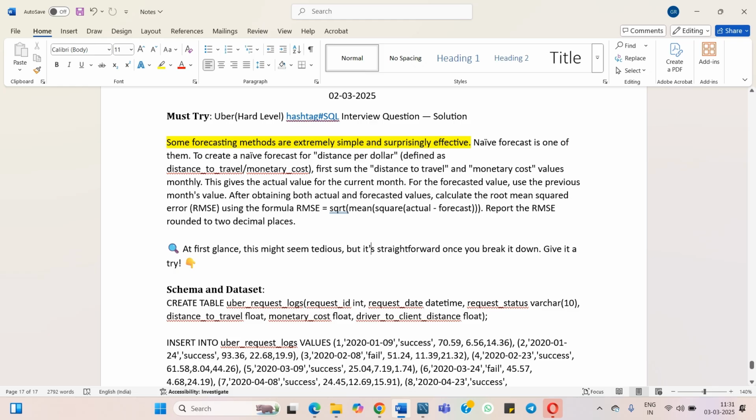Hello guys, welcome to our new problem, which is of hard level. The question is from the Uber dataset. In this question, it is said that some forecasting methods are extremely simple and surprisingly effective. So from the first line, we can say the question is about forecasting methods